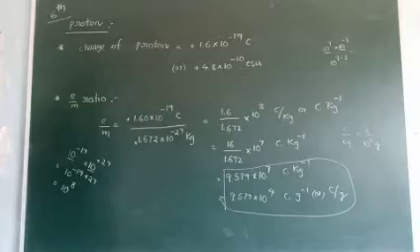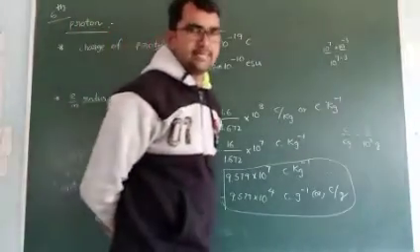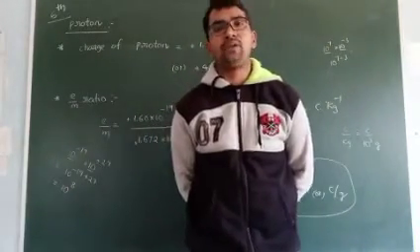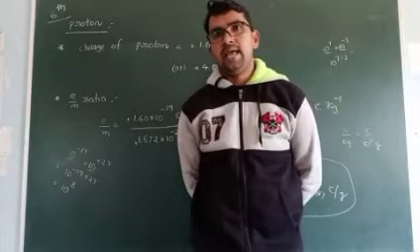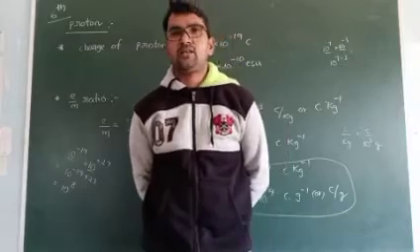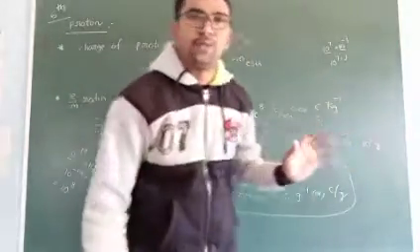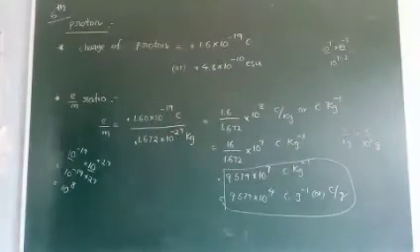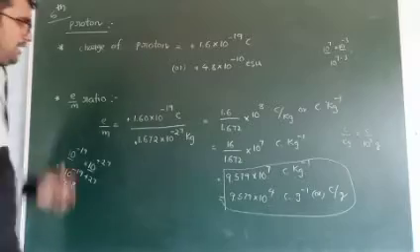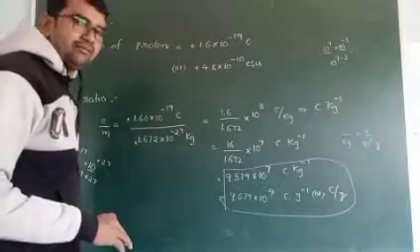Right. But what about the E by M values for the different gases? Actually, for electron, this E by M value is same for all gases. The reason is electrons are independent of the nature of the gas. But for protons, it depends on the nature of the gas. So for different gases, they have different values.